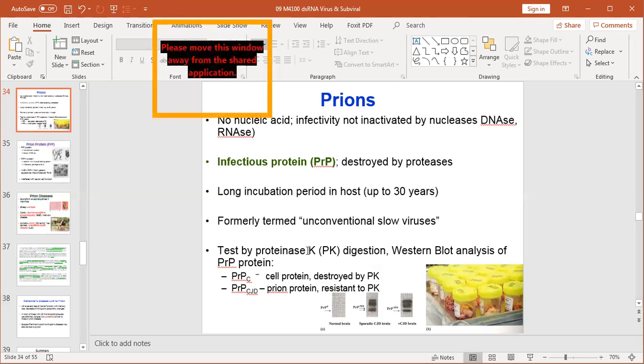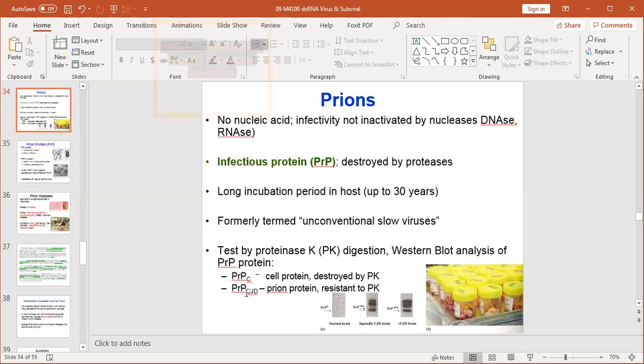It's an enzyme that chops off, digests, or cleaves protein. Normal proteins are sensitive to it. So if we treat the cells and then run a Western blot, we don't see anything, because the protein is being destroyed. However, those prion proteins that we see in various diseases,